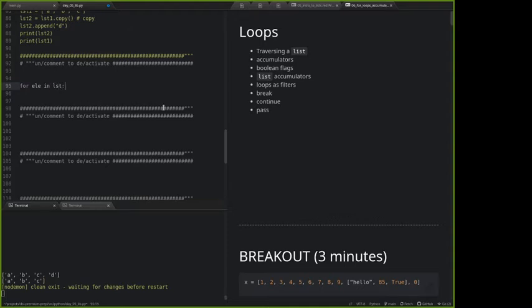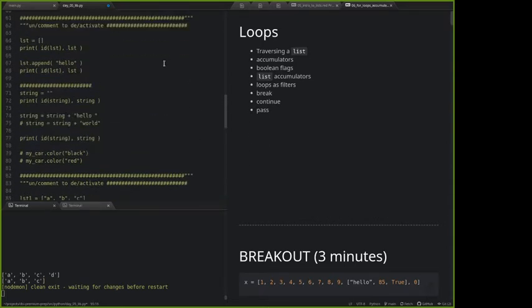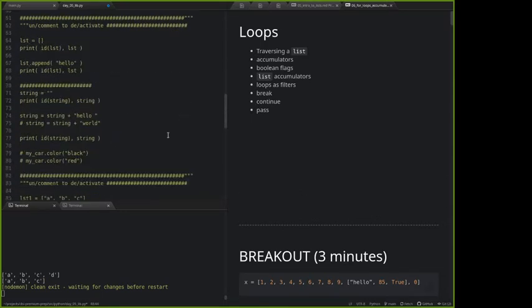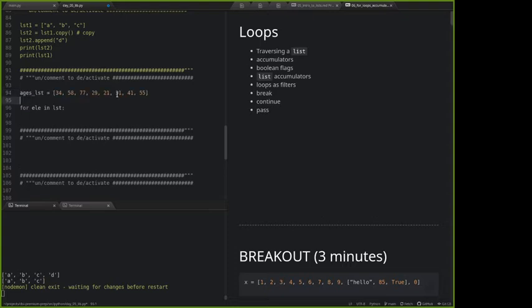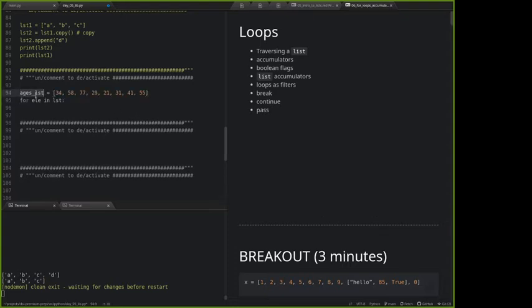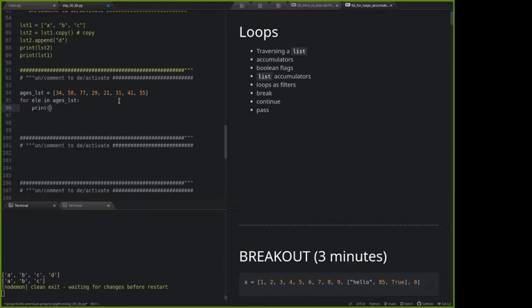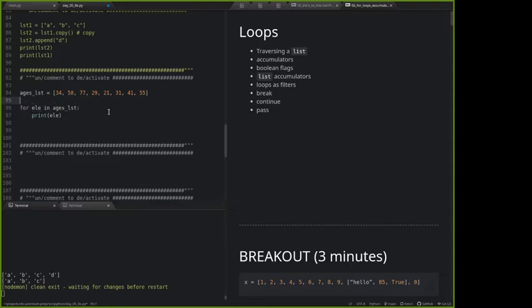So let's do our ages list. Why don't we do this? Let's use this for loop to calculate the average age of the people whose ages are represented in this list. Okay, so for element in the ages list, let's just start off by printing off the element. So notice again, we have for and then our own custom identifier name. Again, this is an identifier name, just like saying